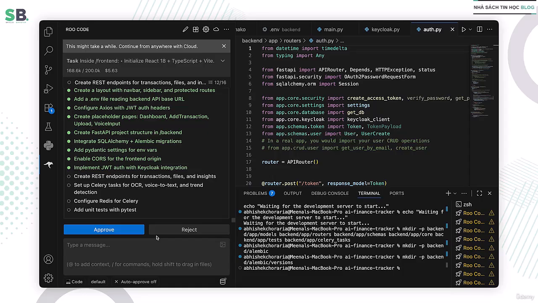We have come too far. Now only 4 steps to go. It did the Keycloak integration. Now it is going to create the REST endpoints for transactions, files, and insights. I think we already have these created